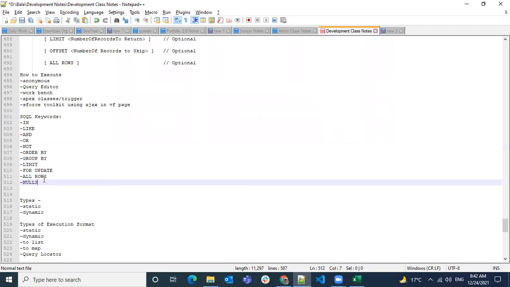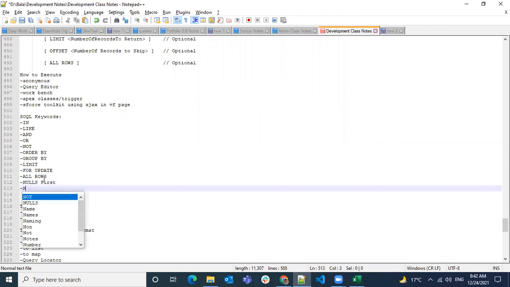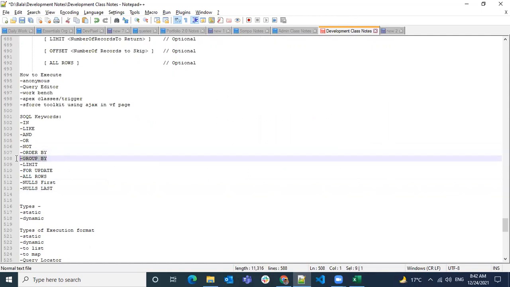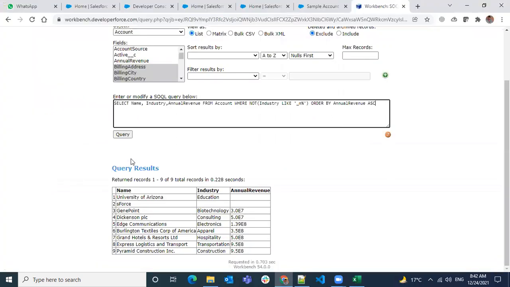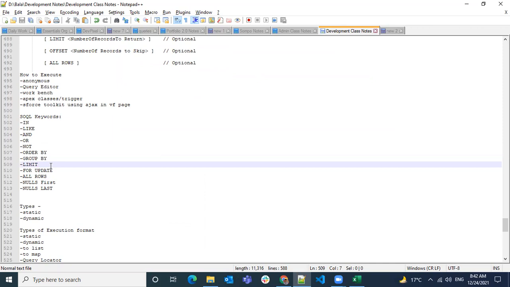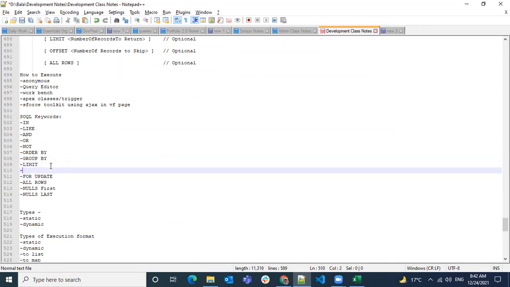I will just mention here nulls first, nulls last, as in order by. And now this is the interesting one, group by. So if you've seen so far, we are directly mentioning fields and applying the where conditions, and we are trying to order and all. Oh, sorry, before jumping on to the group by, we will see the limit and the offset. Follow-up question, yeah.